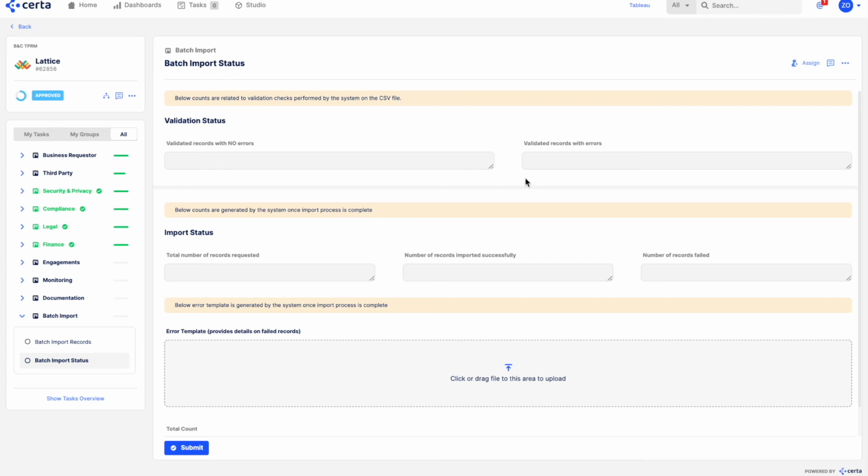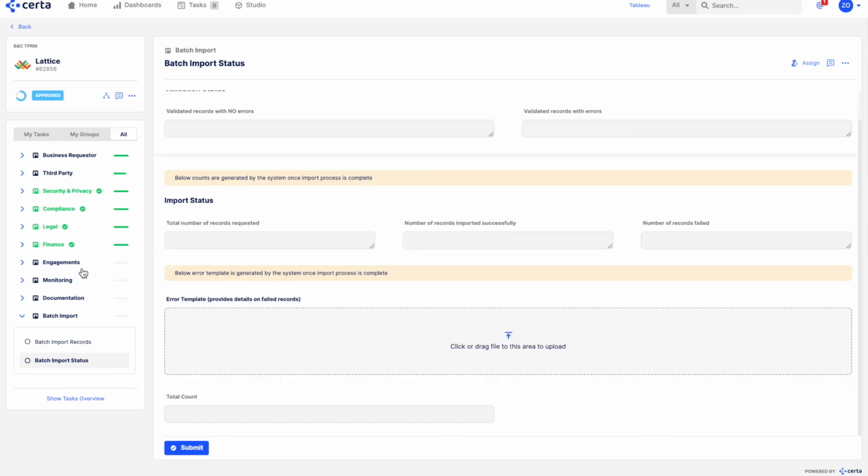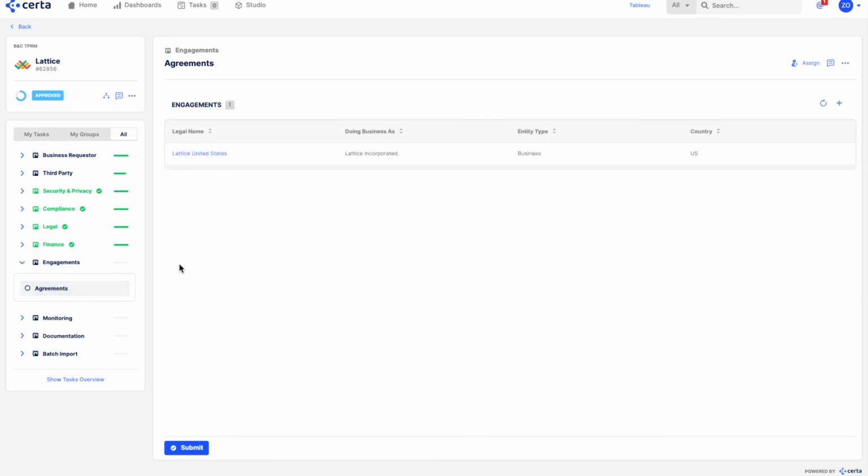In this status step, you could then track the status of the workflows being uploaded so you can see how many workflows have errors and how many do not. This allows you to input all your legacy vendors for whom we can do ongoing monitoring and recertification as you have asked for. Once the onboarding process is complete, the relevant teams at your organization can add additional engagements within